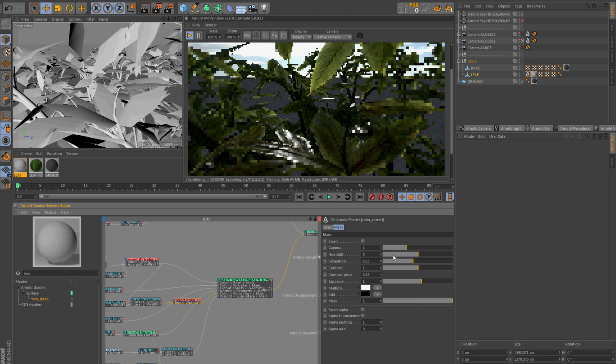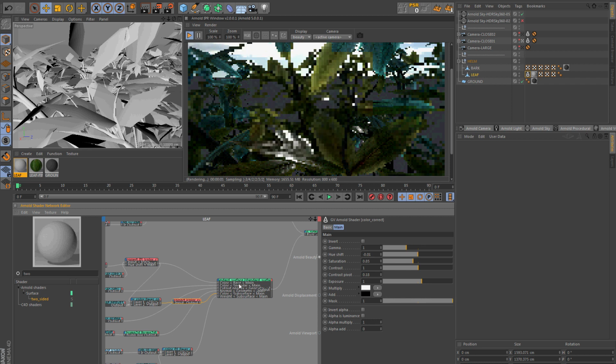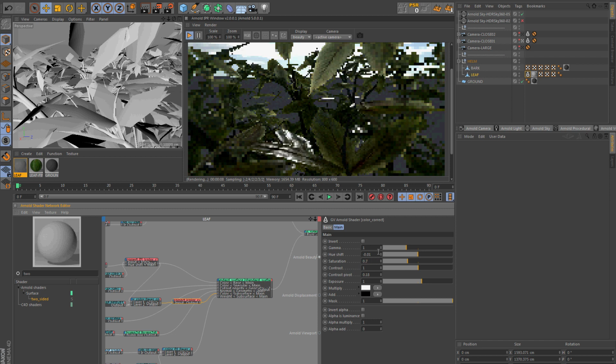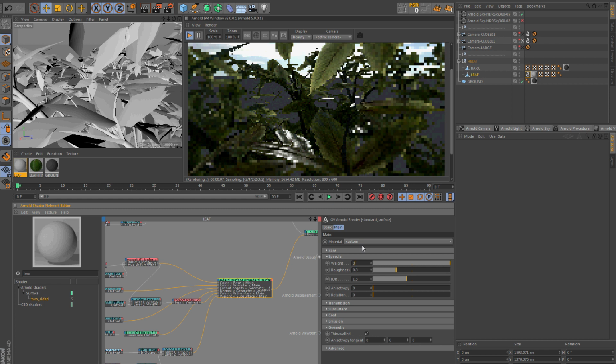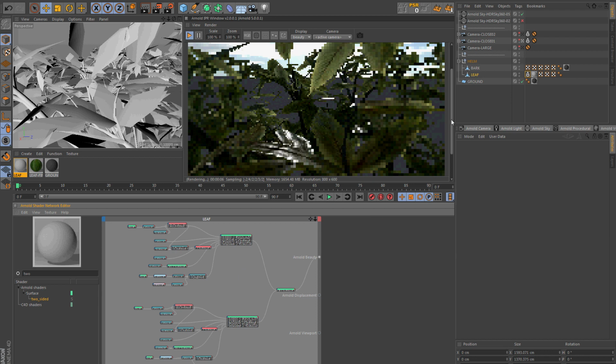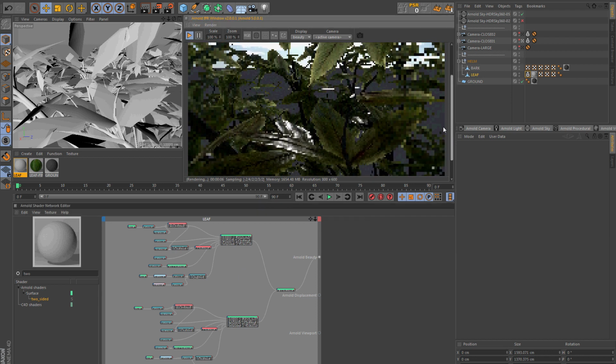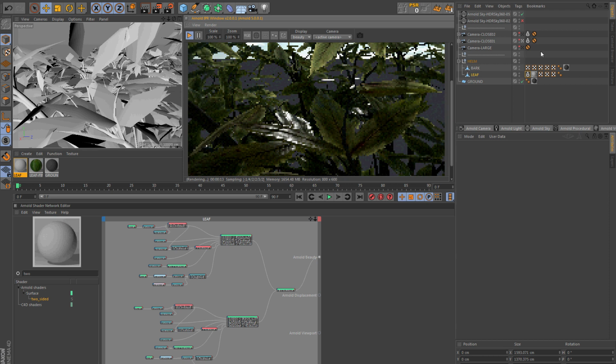So now I need to change some values. If I change the U, for example, I get a different U for the back side. This is too much, but let's try this. Okay, now I can desaturate it a bit. Okay, it was a bit too much. And now I can disable the specular. Okay, it looks pretty good.